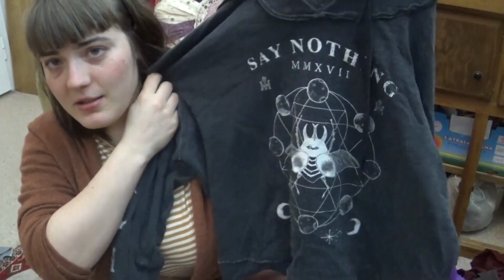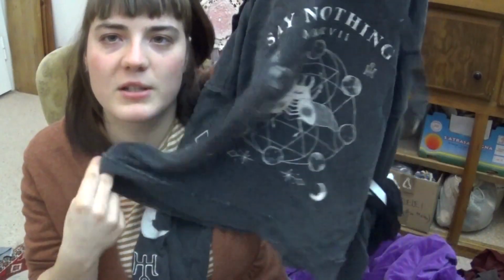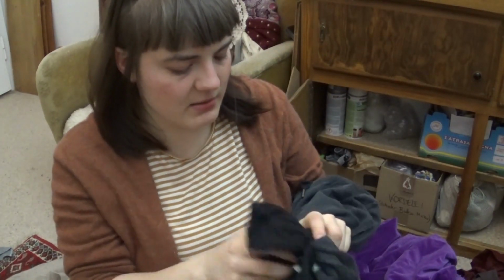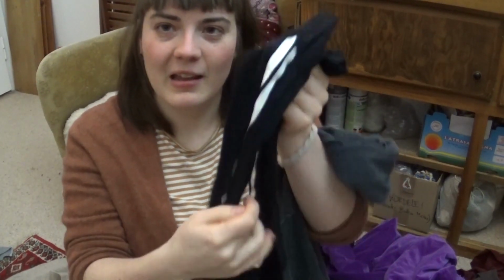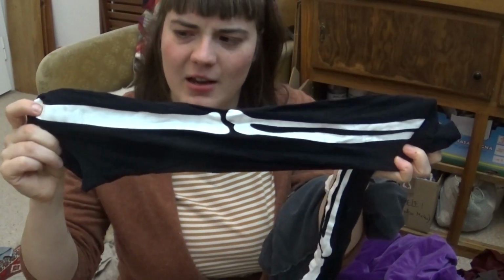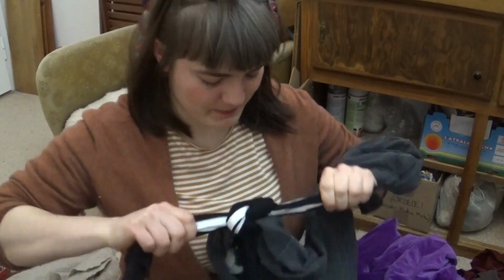Fast fashion, this pullover that was already cropped when I bought it at H&M. And it has, oh, it has sleeves from another fast fashion H&M thing pinned to it. I'm not quite sure what the artist wants to say with that. I have really no idea what I wanted to do with that, what I wanted to tell myself with this